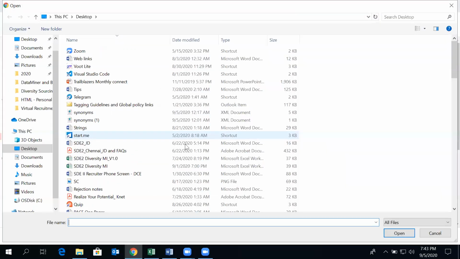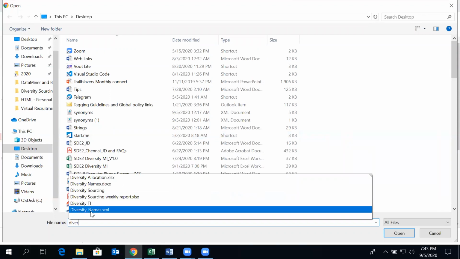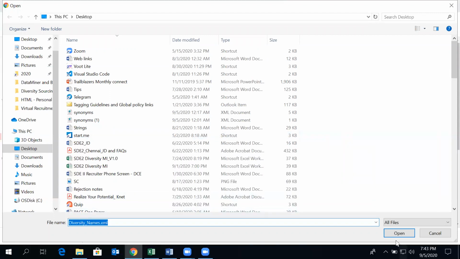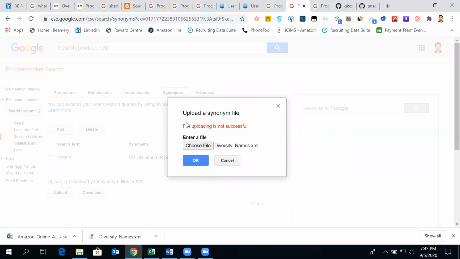You'll have to upload an XML file. So this I'll cover in another session focused only on diversity sourcing. But till then, I'm not able to. I will have to figure out how to do that.